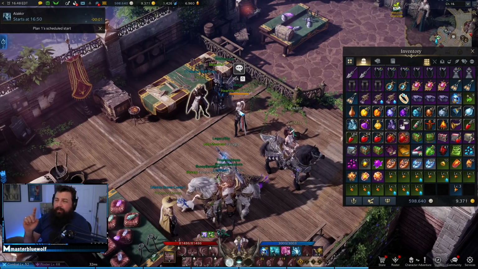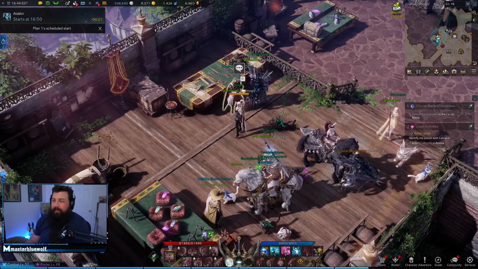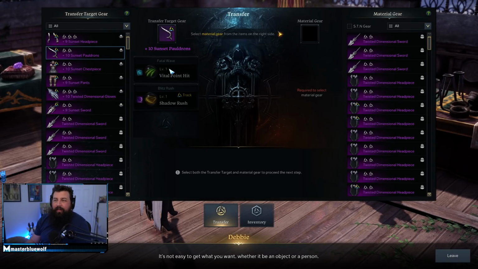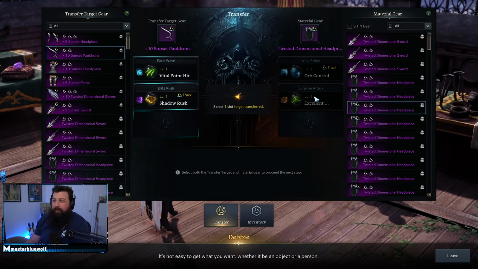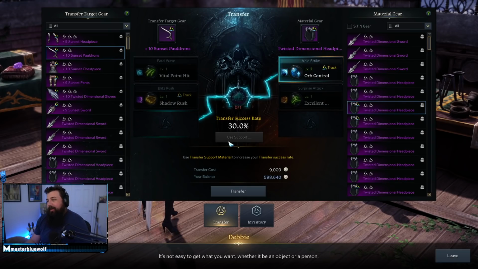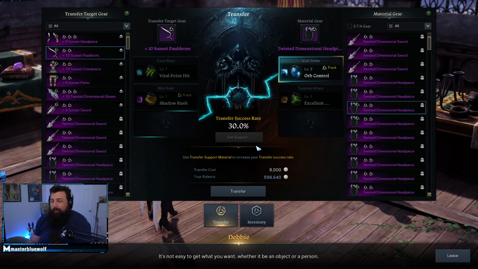Now, once you do the in-game tracking system, there's this vendor over here, right? It's in the crafting district. It's called Transfer Skill Tree. These are my pieces of gear, right? So each piece of gear can have 3 little passive tripods on it. And all you basically do, if you want to put a new one on there, is select what slot you want to replace. So I have something empty there. I like this Void Strike, right? That seems good. It only has a 30% transfer rate. If you get this Powder of Sage, I don't have one right now, it'll increase it by 30 more percent. So you basically have a chance to transfer these skill tripods onto your piece of gear,